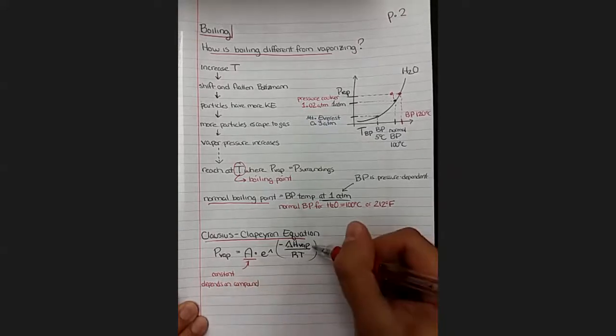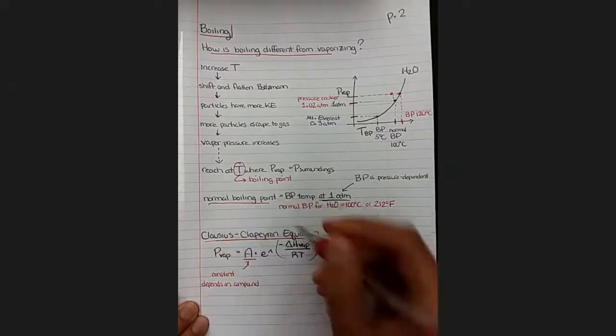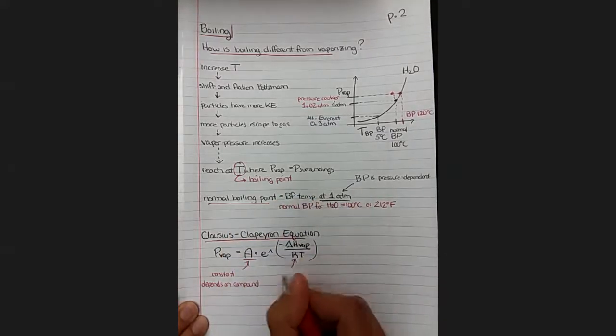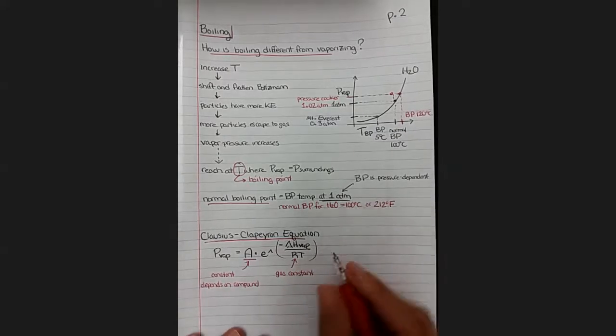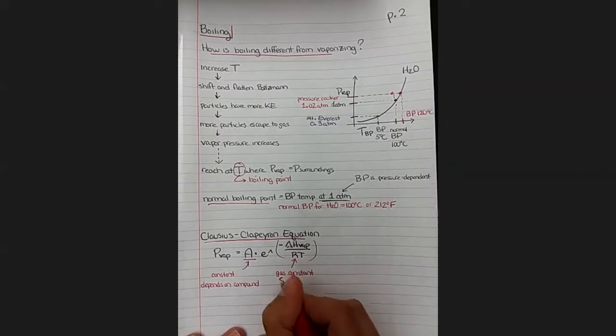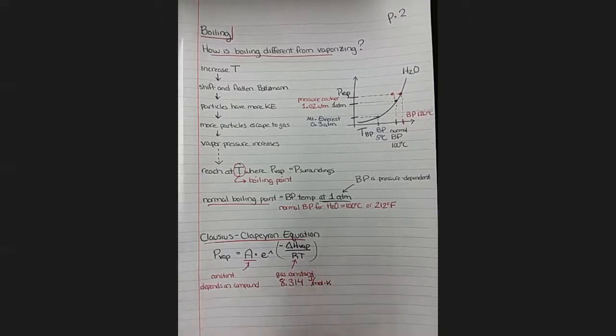And then we know delta H of vaporization. We can find temperature and vapor pressure. And then look, it is our friend R, the gas constant. And we're going to add a note because we have the gas constant and enthalpy in the same term. We want to use a different set of R than we usually use. We want to use the one with joules in it, the 8.314 joules per mole Kelvin is the one we're going to pick for this section.